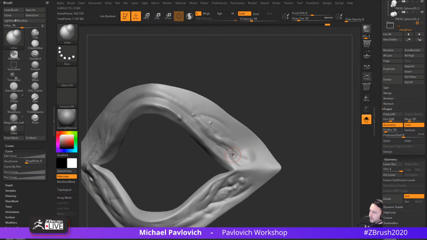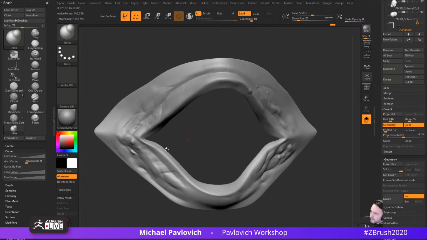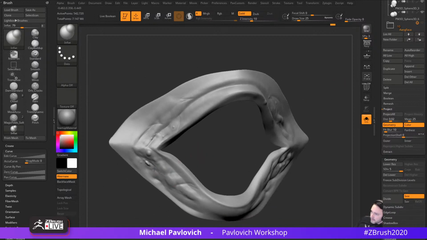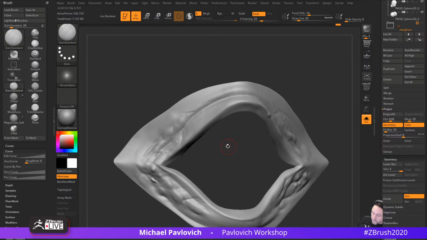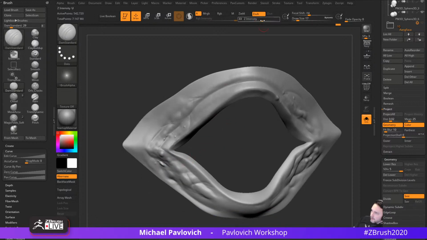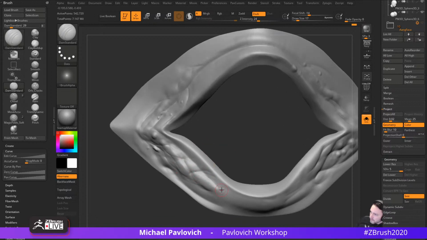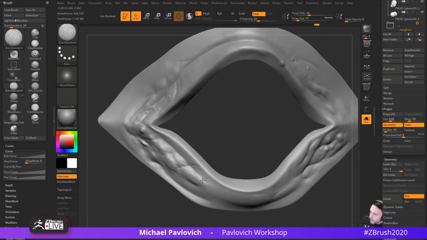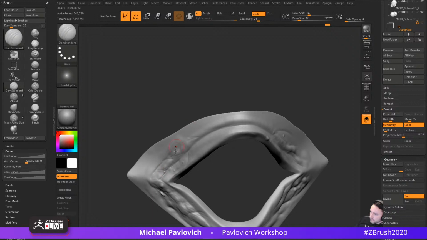You can also go in here with your inflate brush. Instead of using a clay brush, just go through here with your inflate and use this to increase that contrast between those eye bags. And you can also go back in with your Dam Standard brush. Let's drop that Z intensity down a little bit and maybe increase that lazy radius just a slight bit. And then you can go back in here and put in some tertiary wrinkles. So you've got your primary wrinkles already. You can go and enhance those a bit, and then on top of those, you can feather in some